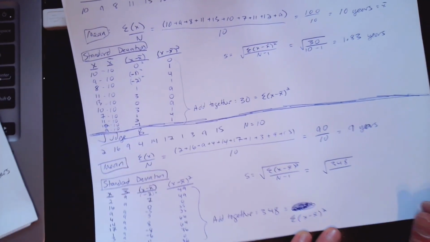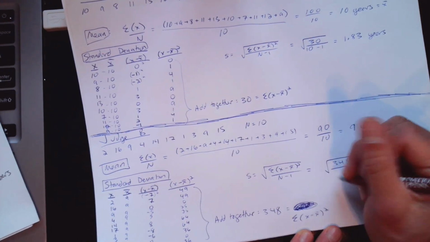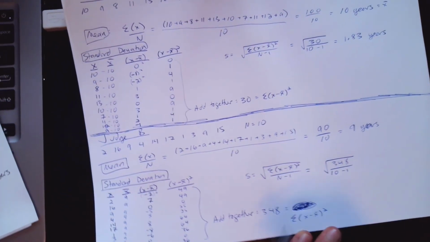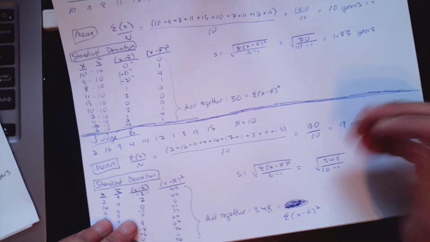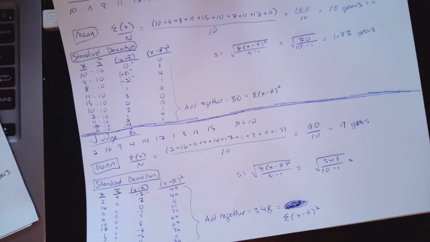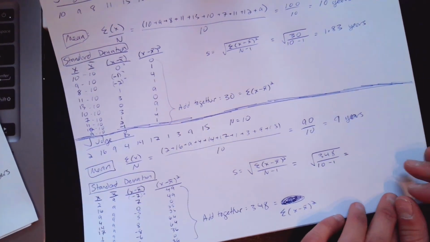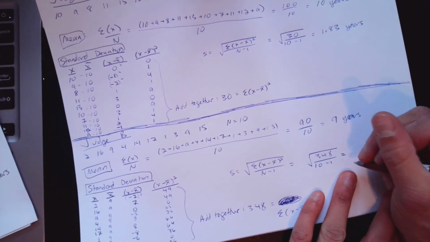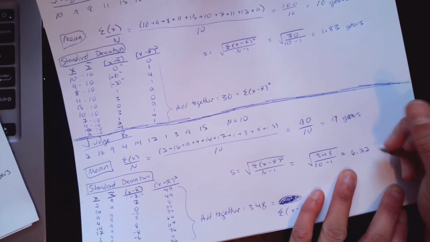And we're going to divide by the total number of observations that we have, which is 10, minus 1. If you calculate it out in your calculator or whatever you're using for calculations, you should get a standard deviation of 6.22